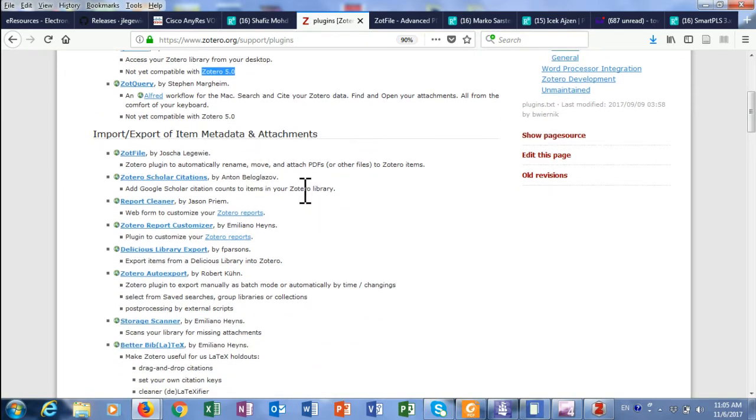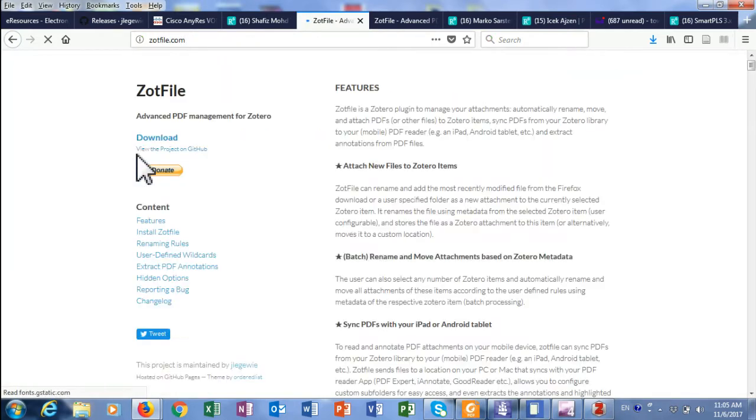For the purpose of demonstration, we will take this important plugin, which I believe is very important for any researcher. It gives a very summarized description: automatically renaming, moving, and attaching PDFs to Zotero items. If we want to download it and have more information about it, just click it, and then we'll